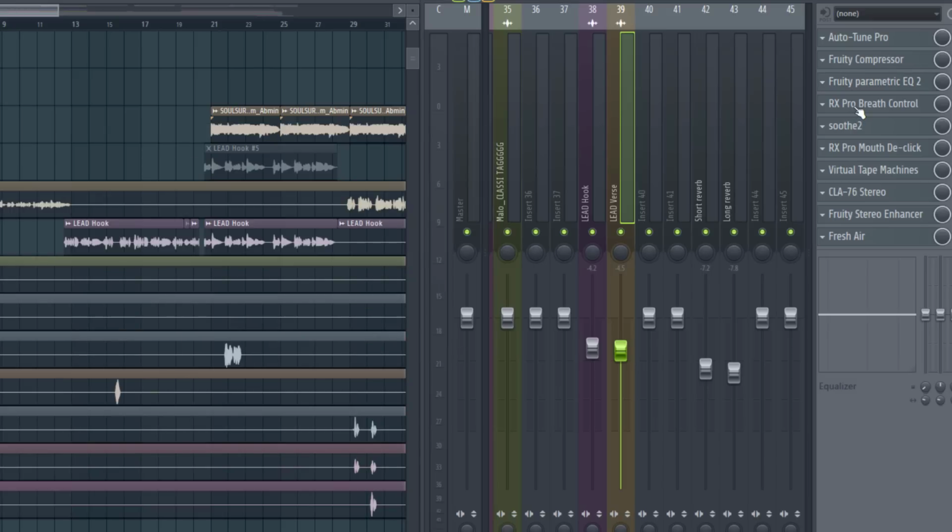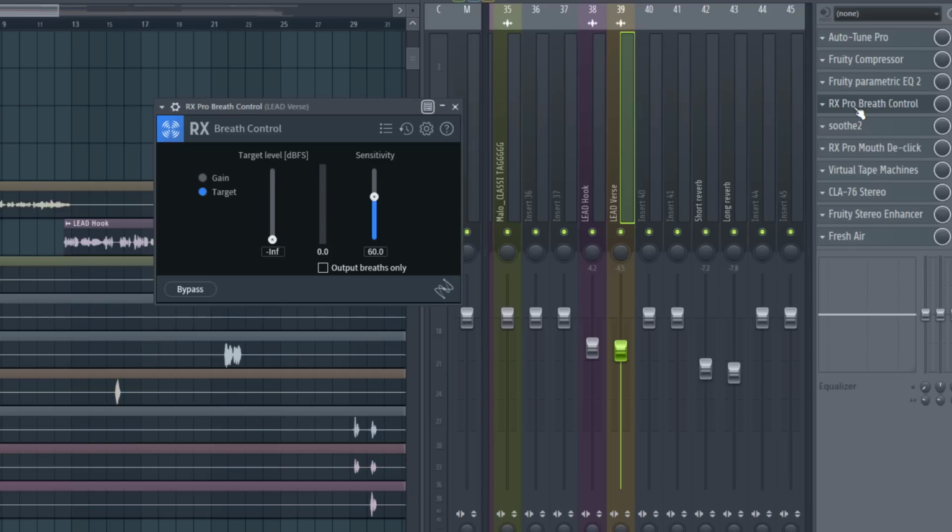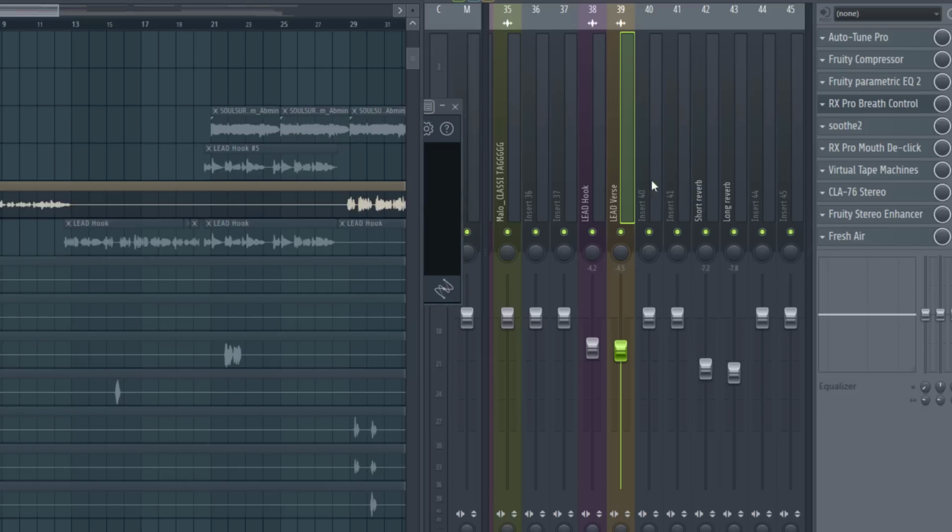Okay, and then right here, after tuning, compressing, EQ, now we need to clean up the vocal. We need to take out some breathing problems. We need to take out some mouth movement and all of that, which we'll get to shortly. But the first and the obvious thing was the breathing problem. We need to take that out. So for example, if I solo the vocal and I play it,